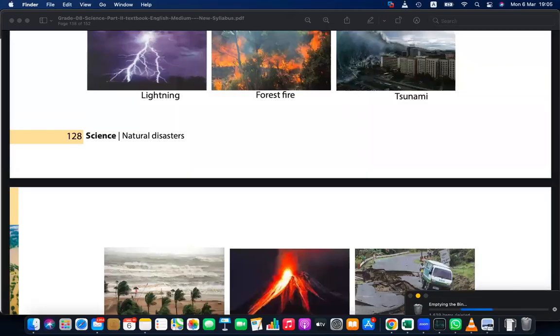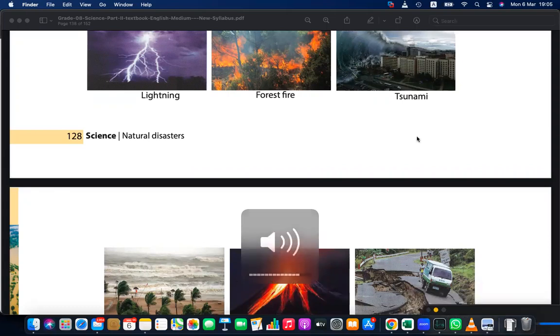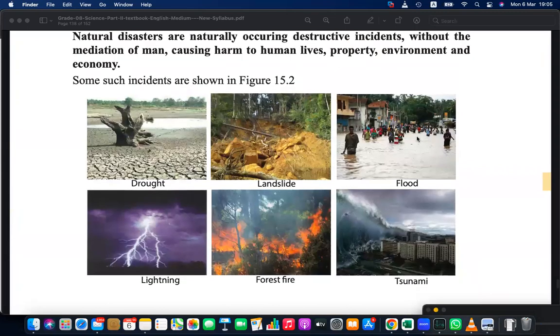So let's start. Last day we were discussing our last lesson about natural disasters. These natural disasters like drought, landslide, flood, lightning, forest fires, tsunami, tornado, cyclones can occur sometimes due to natural reasons. Can be climate changes or weather changes, right? Can even be global warming and can be due to